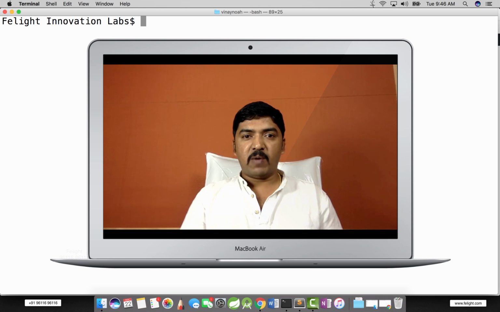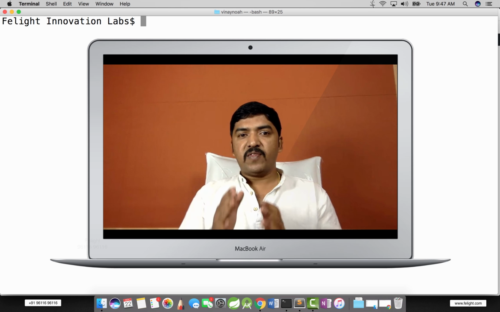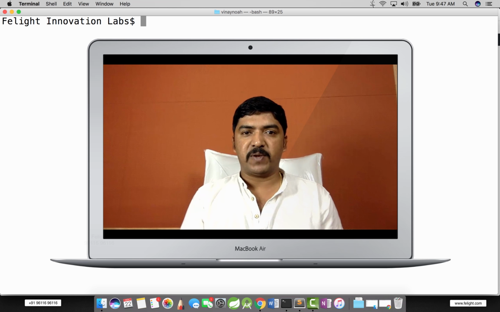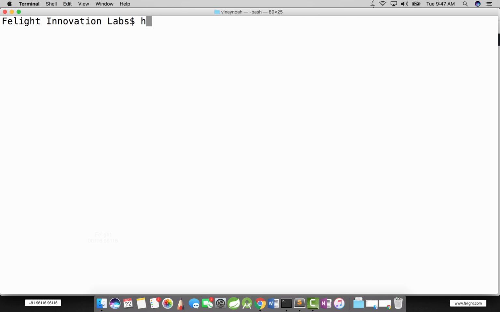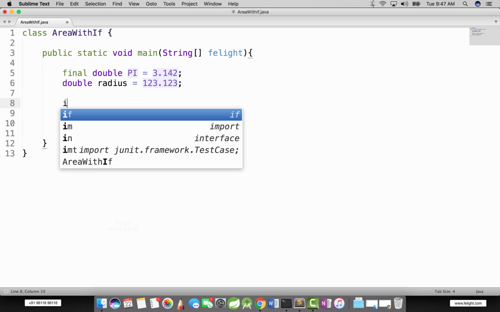So now I'm going to give an example of the if statement. I'm going to take the same program and modify it to execute the expression area equal to radius star 3.142 only if the radius value is greater than 0. So how can we work out such a decision-making example? Let's look into this example here. I have created a file called area with if. This is the same program as we have done earlier, isn't it? Just one small change I'm going to make here: if